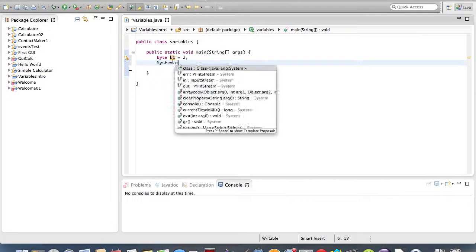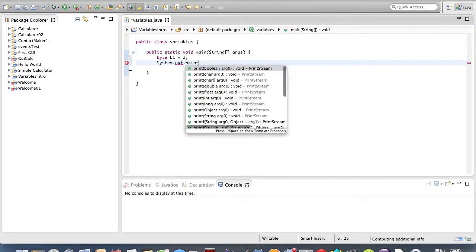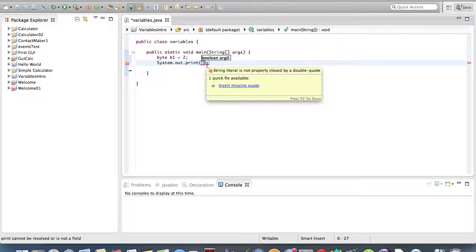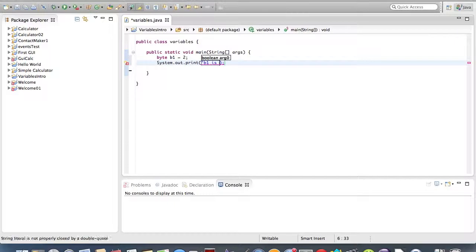System.out.print, and what are we going to say for this? B1 is... and I don't know what it's doing right now. Okay guys, let me just figure out what it's doing. Okay, I figured out what was wrong. I accidentally chose the Boolean method, so let's just type in byte 1 is,